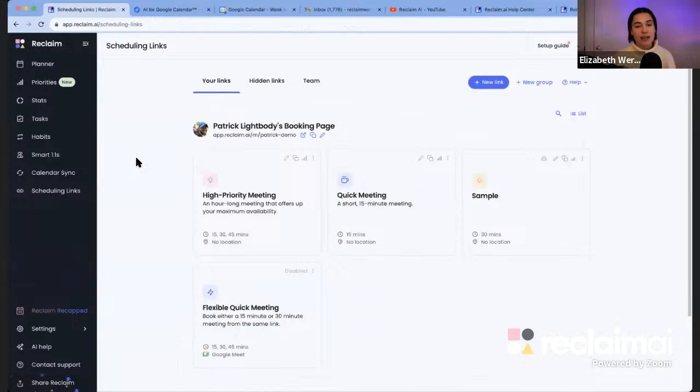Scheduling links, on the other hand, are how you can book time with someone by sharing your availability. This is great for people who have external meetings, people in sales, people who are sending someone a booking link to find time to meet with them. Scheduling links are especially powerful with these prioritization controls, where you can, again, set the priority